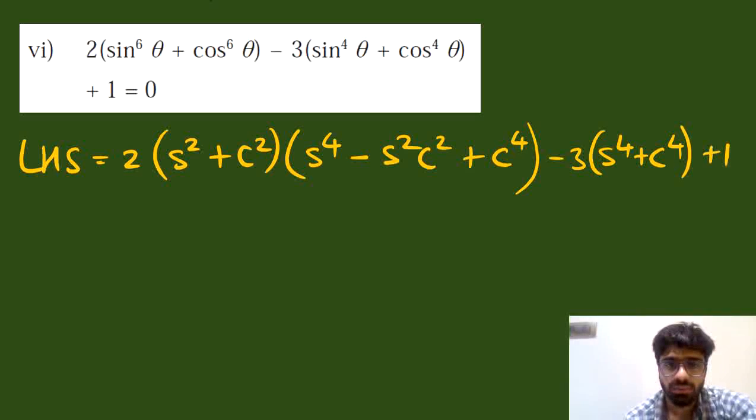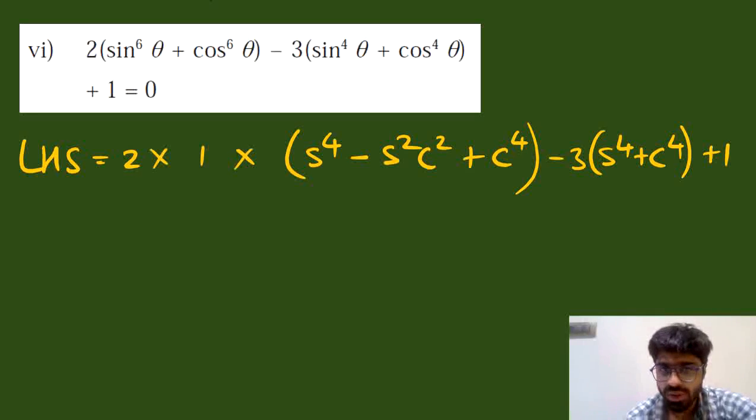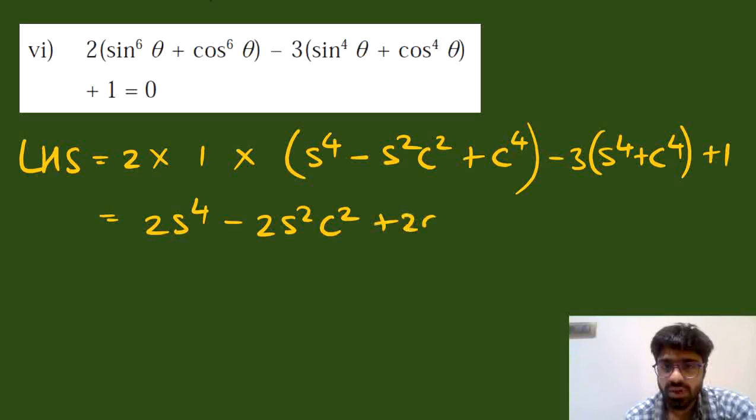So now this term becomes equal to 1. So we can just cancel it off and simply write it as into 1 into this. And let's expand the bracket. So we have 2 sine power 4 theta minus 2 times sine square theta cos square theta plus 2 cos power 4 theta minus 3 sine power 4 theta minus 3 cos power 4 theta